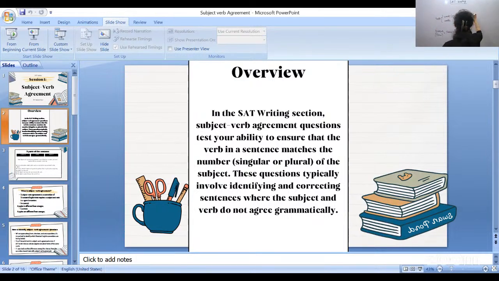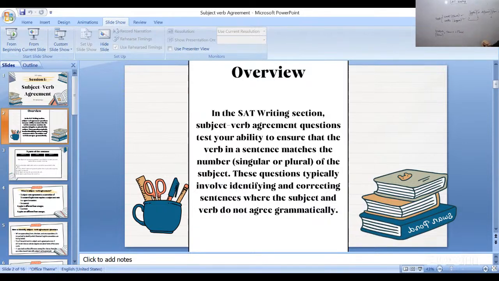I'll write down this example. Apples is different from oranges. Okay, so here I have my subject, I have my verb, and I have my object. Now,